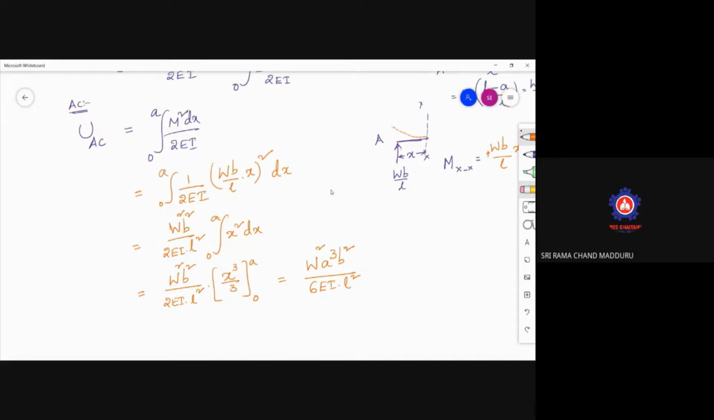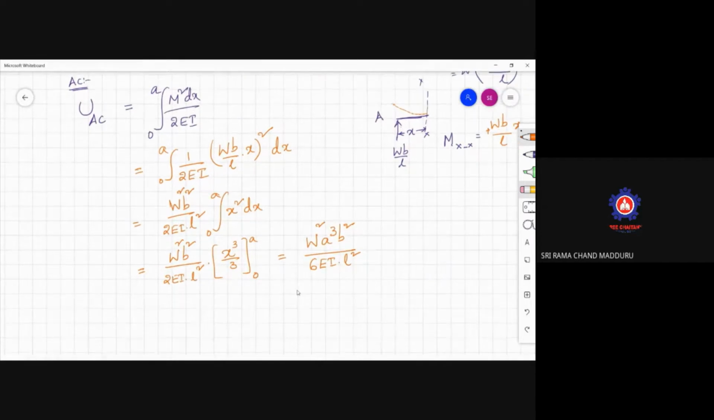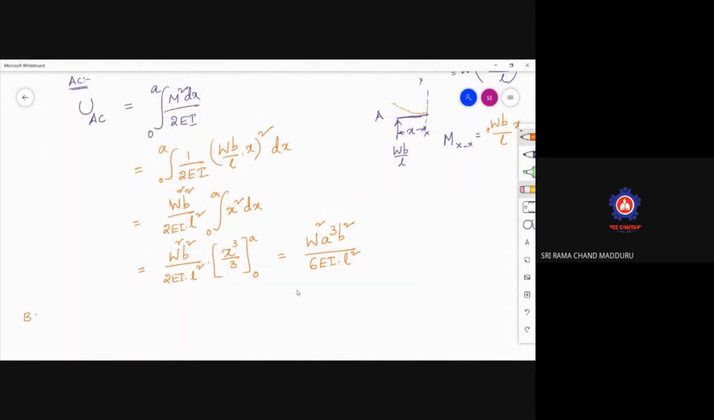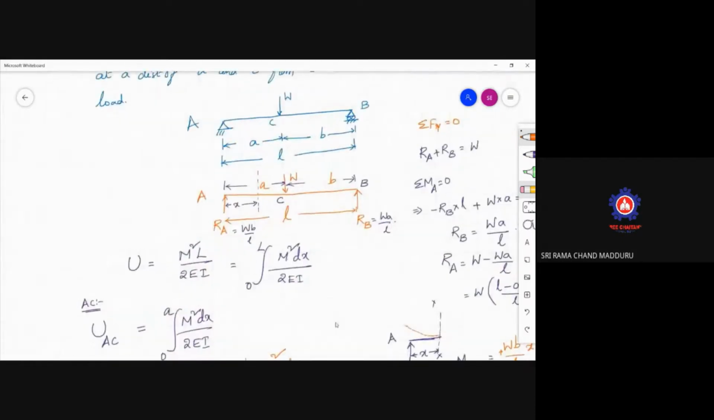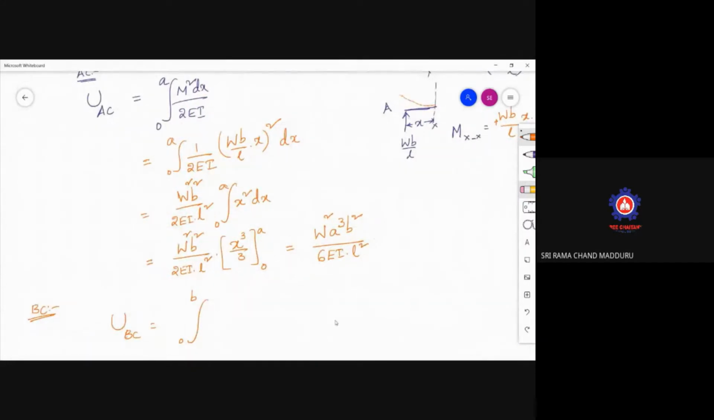Similarly, do the same for the BC portion also. The strain energy for the BC portion is nothing but the integration from 0 to B. The origin is considered from the right side, so 0 is this point and B is this point. Integration from 0 to B of M square into dx by